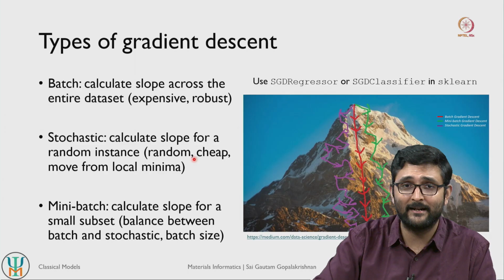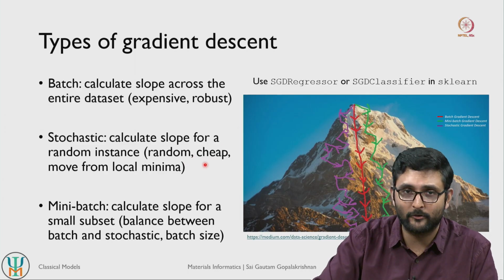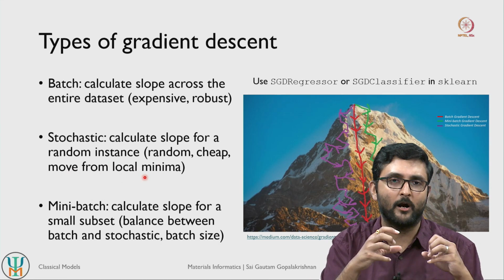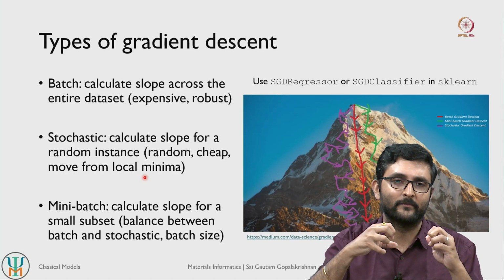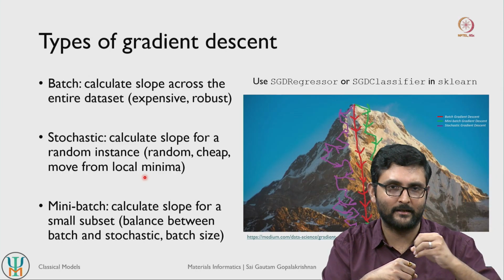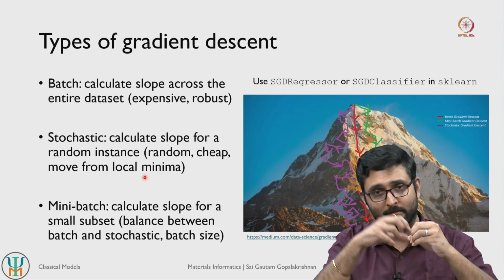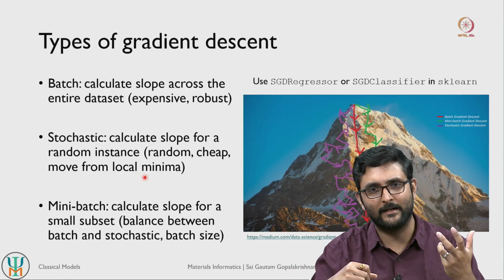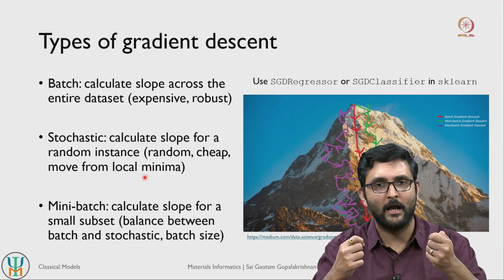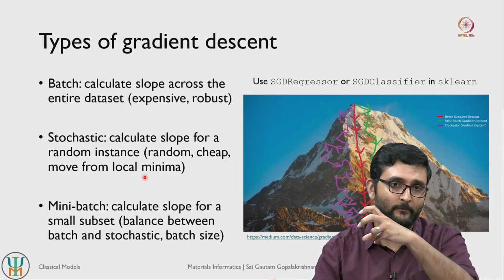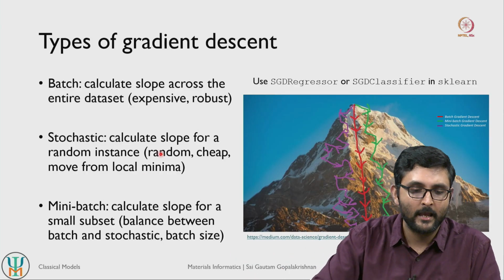Now stochastic gradient descent can be quite cheap to calculate, so it can be computationally inexpensive. And it can also be used to perturb your model as it gets stuck in local minima. So we saw in one of the previous slides that gradient descent can actually get stuck in local minima quite abruptly instead of moving towards the global minimum. Whereas if you used stochastic gradient descent, the data point that you choose at random may be an outlier for that local minima, which could push your model away from the local minima towards the global minimum.